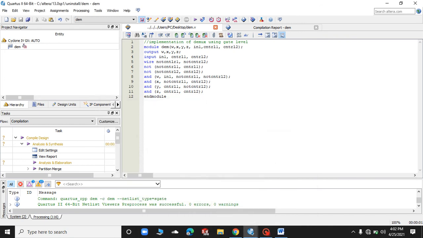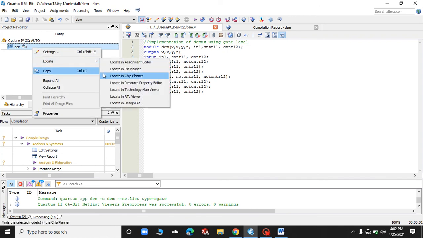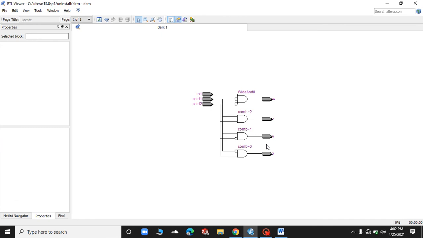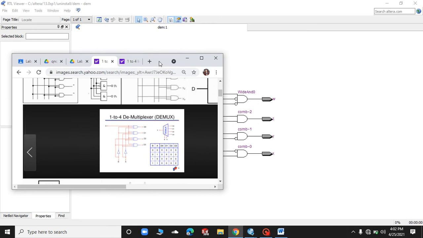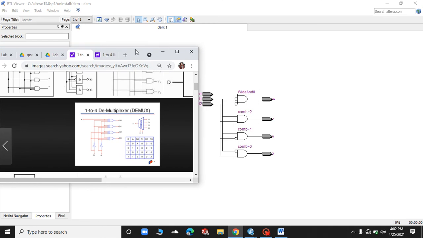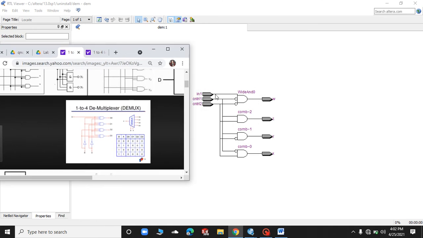I have run this program already. If I click on locate and locate in RTL viewer, I see a circuit similar to the circuit shown here, the circuit of the demultiplexer. So this is in 1, control 1 and control 2.